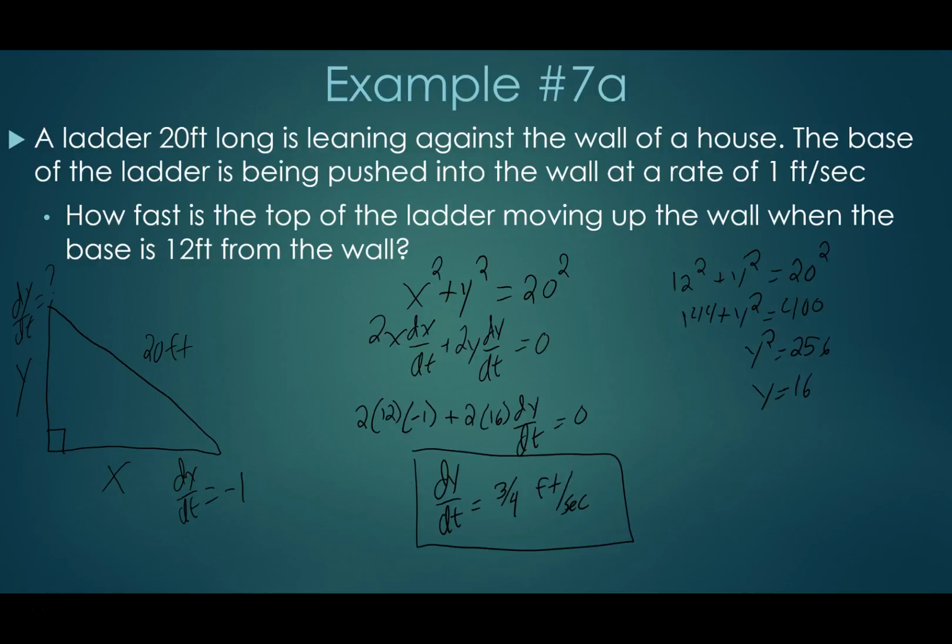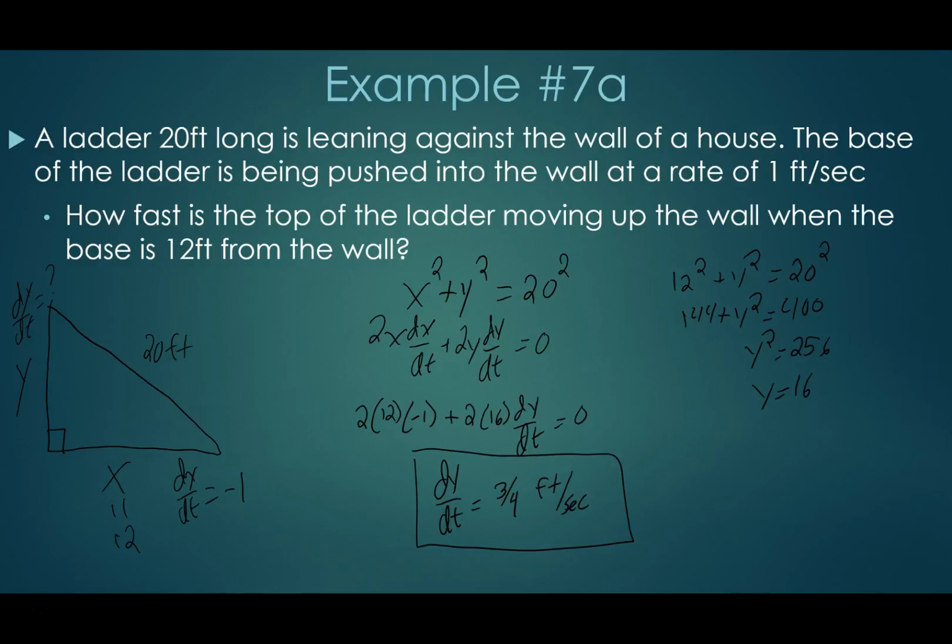Okay, so we took our derivative of x squared plus y squared equals 20 squared. We get 2x dx/dt plus 2y dy/dt equals 0. Now we need to plug in for x, y, and dx/dt to solve for dy/dt. We know x is 12, we know dx/dt is -1. Well, what's y? When x equals 12, we have this right triangle where I know two sides, so I can solve for the third. 12 squared plus y squared equals 20 squared. I solve that to get y equals 16. So we plug in for y as well. When we solve this out, you'll get dy/dt equals a positive 3/4